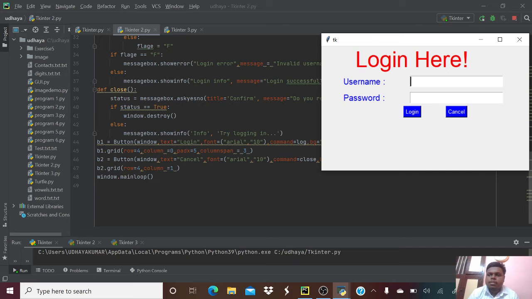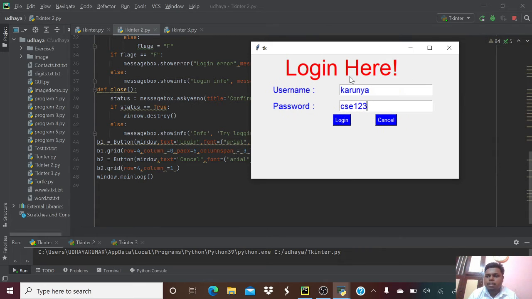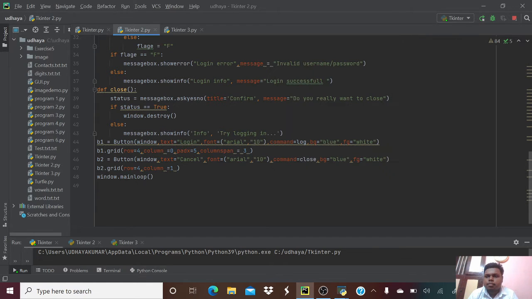We give username as Karunya and password as CSE123. After giving this, we have to click the login button, and we get a pop-up message as login successful, and give OK and close this. Next, we are going to see about